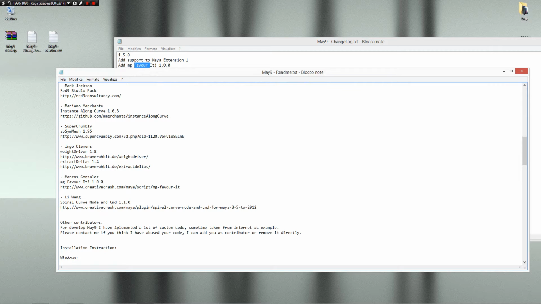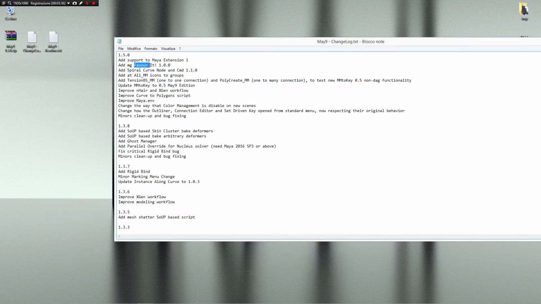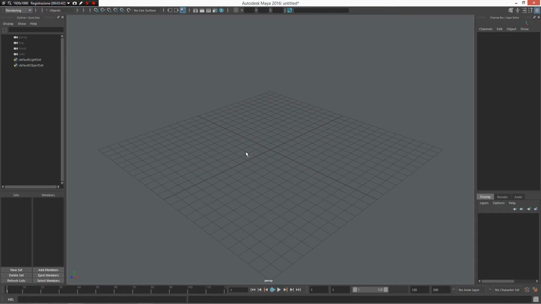So actually only in Mayanine can you use MG Favorite on Maya 2016. And Li Wang, for his incredible node that creates a spiral around the curve. Really thanks to these guys who created two great elements. I want to show you immediately. First of all, the